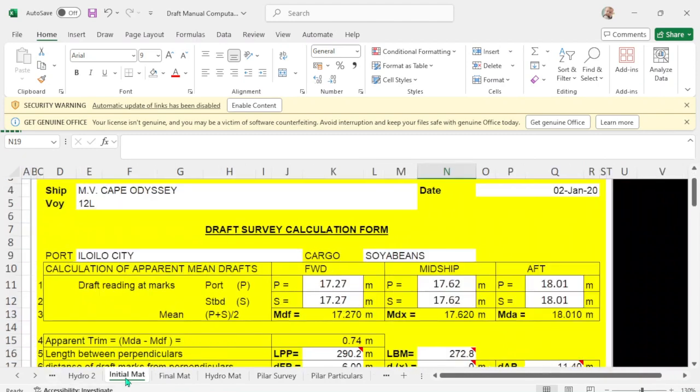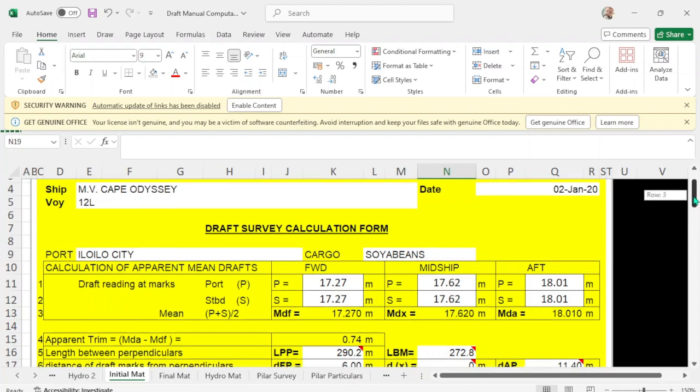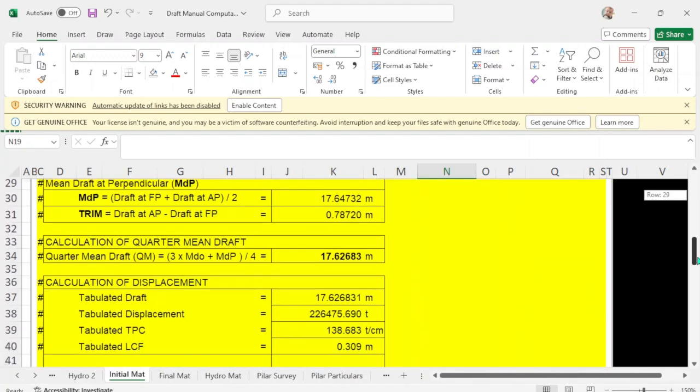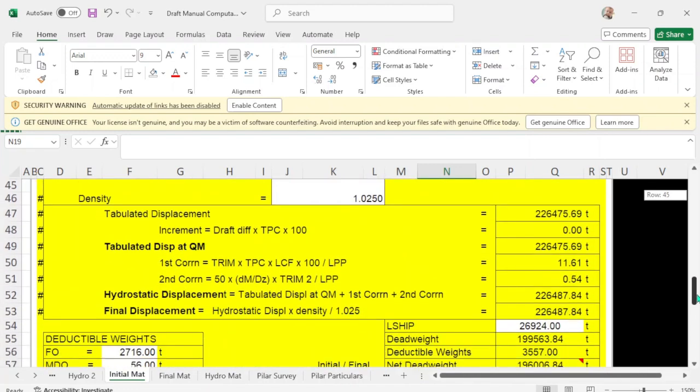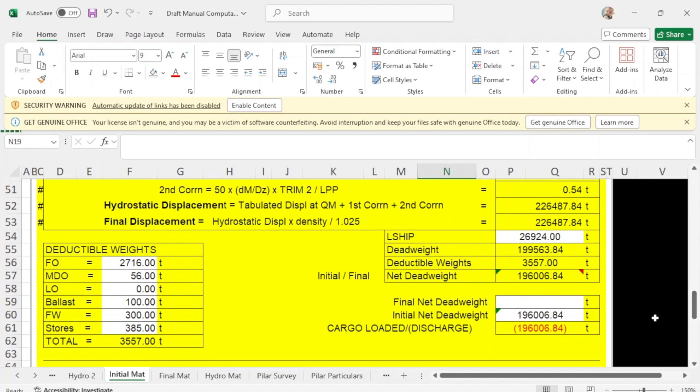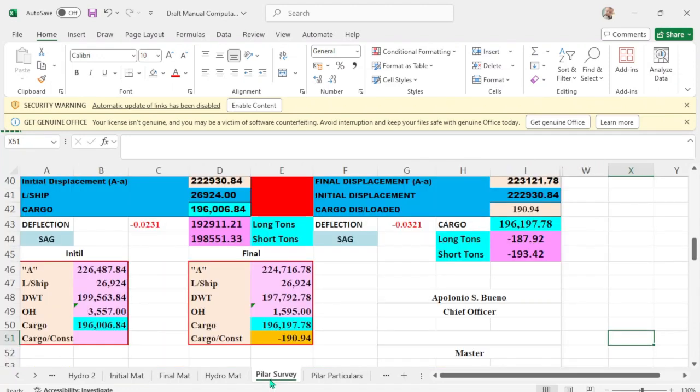This is the initial. Okay, so I put here, I got 19606.84, which is the same as this one, 19606.84.